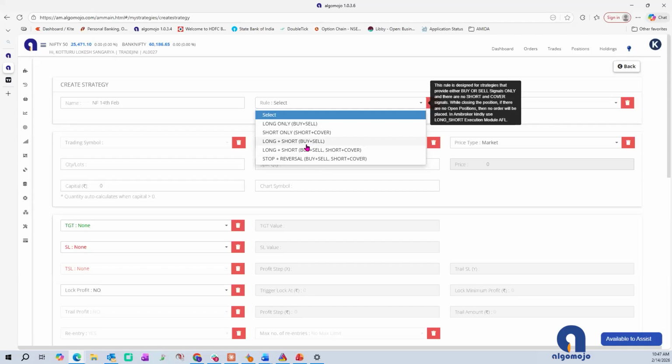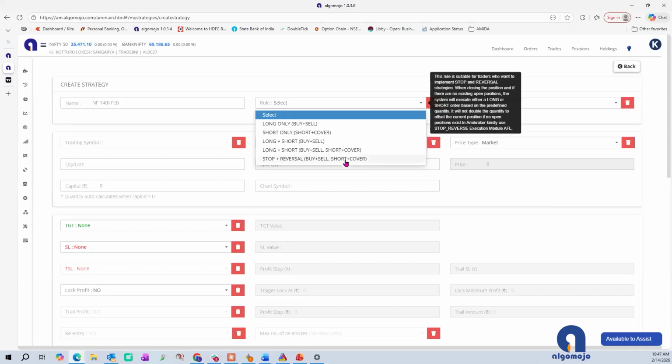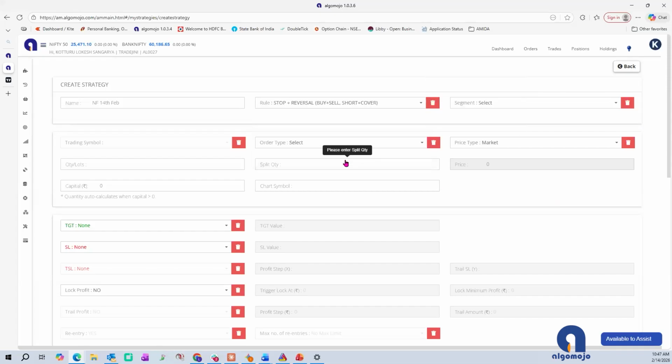So for the first demo, we'll be using a strategy called Super Trend. I'm sure most of you would have heard of or used Super Trend. For Super Trend kind of strategies, you will need to have a rule called stop and reverse. Why stop and reverse? Let me explain when we go to the chart, right? So